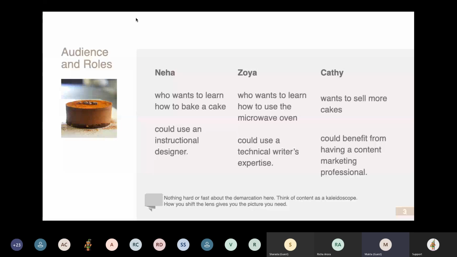Now, having said that, these demarcations, as we just saw with Shubhrajit's presentation also, have a kind of confluence in the way content flows from one role to the other, from the requirement of one audience to the other. So at any point in time, each of these roles will need, for example, an ID will need to know how an oven works to prepare a proper instructional manual or a course for Neha, then somewhere even Kathy will need to know